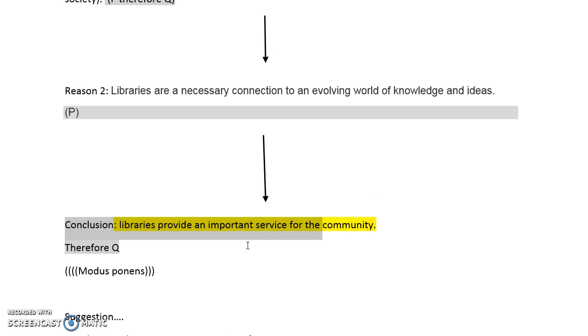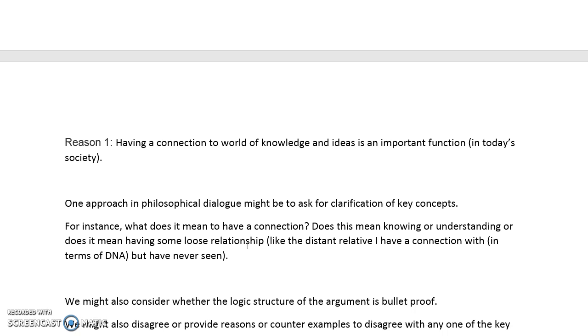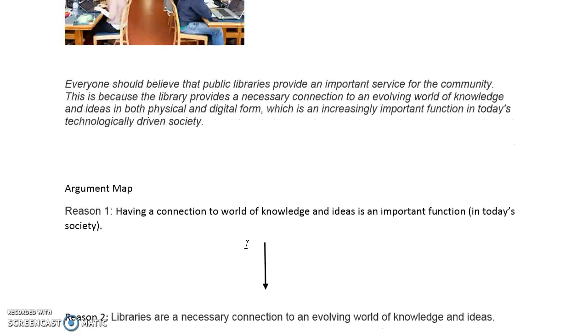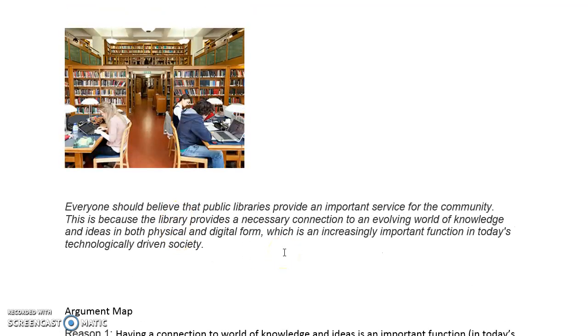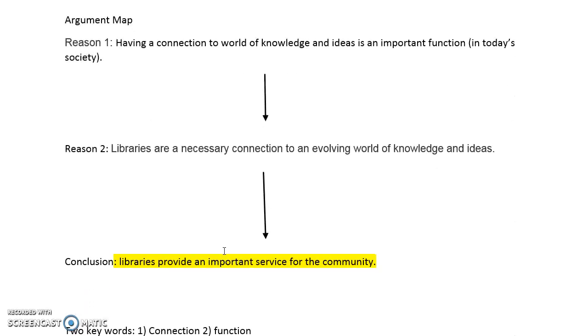So that's about it for the moment. I just wanted to go over this just to give some sense that we're really looking to cut your arguments back to basics as much as possible. Just try to construct the simplest argument you can. You don't even necessarily have to believe or think that the argument you make up is true. You could just make it up for the sake of the activity itself. There's no sense that you need to hold that this argument is gospel truth, but the purpose is really just to get more familiar with argument structures, to break them down using the argument map, and also to think about how we might go about evaluating